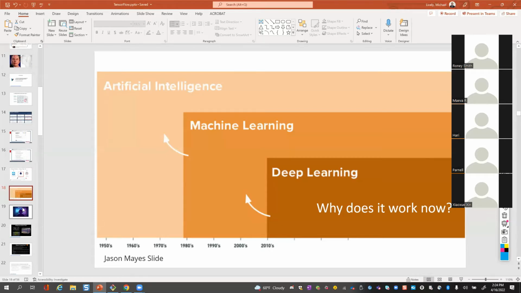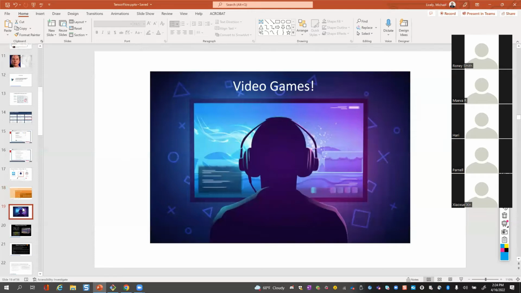So one thing is some of the algorithms have gotten better. Okay, that's one thing. But another thing is video games. It turns out that in order to play a video game, you have to have really good graphic cards. And what a CPU does, when it has a math operation, it does one math operation at a time. But what a computer game or graphic card does, it does matrices, or it does many math problems at the same time.